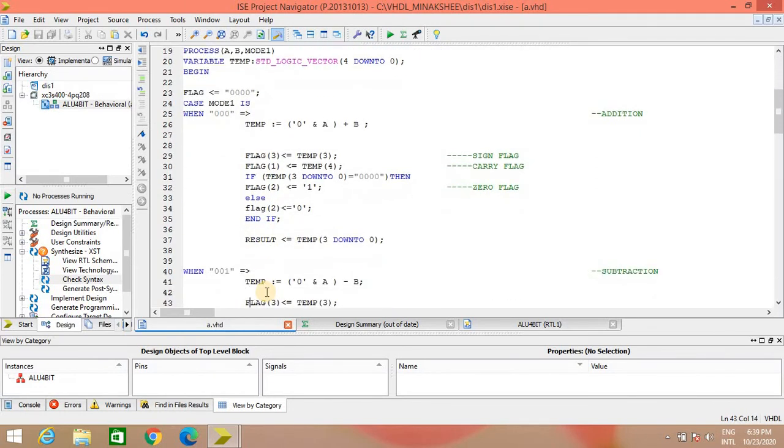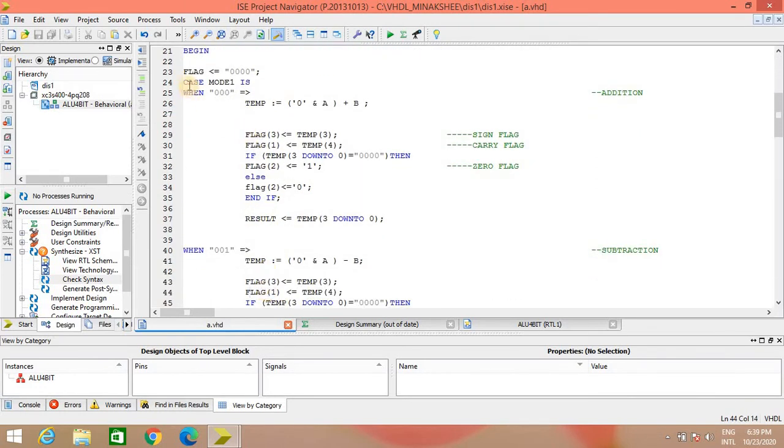The first case statement that you can see is case mode 1 is. When mode 1 is 000, it implies that we want to perform the addition operation, and for that we have to add A plus B. But if you see, with this A I have appended 0. Why is 0 appended?